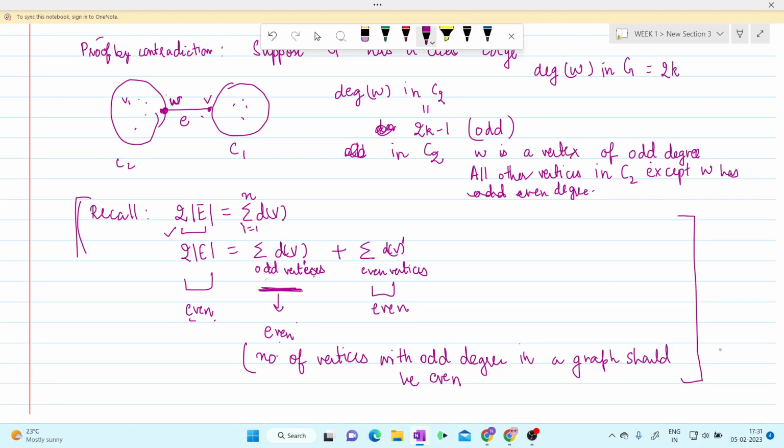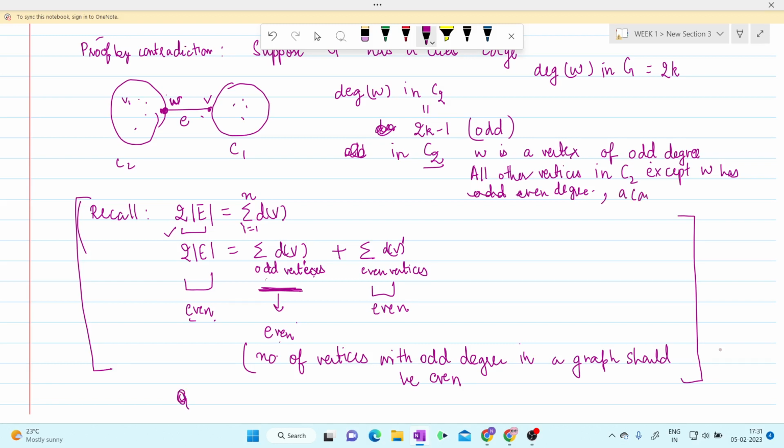Is this clear? So we have shown that in any graph, the number of vertices with odd degree should be even. But now in our case, we are getting a subgraph C2 which has one odd vertex but all other vertices with even degree. So we are getting an odd number of odd vertices. This can't happen. Therefore, we have arrived at a contradiction,